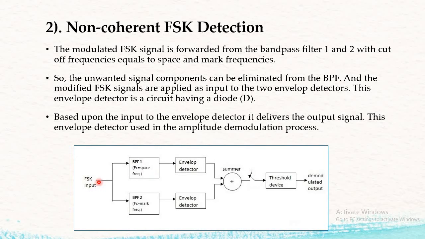So here what we are doing, the input signal is passed. If my input is 1, the signal gets passed through the band pass filter. If my input signal is a lower frequency, then it will pass through the other band pass filter. So when your input is higher, the higher frequency gets blocked by the band pass filter low, and the lower frequency gets blocked by the band pass filter 1. So in this way we separate out the two frequencies. Here each filter passes only the higher or lower frequency based on the cutoff frequency assigned to the two band pass filters, and then it is given to the envelope detector.